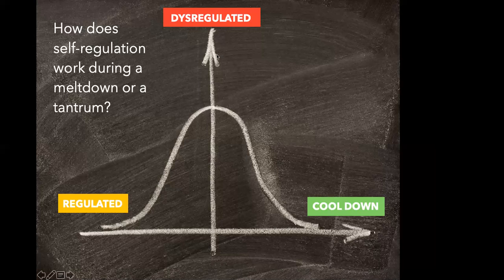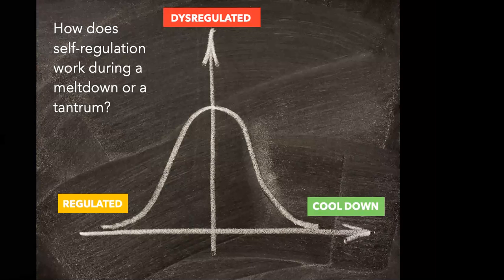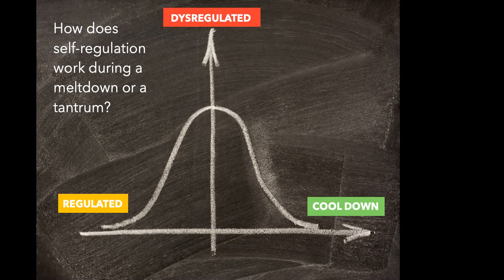And that might be why you see more screaming, trying to find words, all of those phases of a tantrum, because the language center of our brain is shut off at this point. So when the triggering event or being told no goes away or gets a little bit of time, the child starts to move down this bell curve from dysregulated into a cool down period. You can see that this part of the graph is a little bit more smudgy. It might not always be a slide down. It might be more of a back and forth, and it might spike a few more times because the cool down is a slow recovery process. It's preparing the brain to return to baseline.